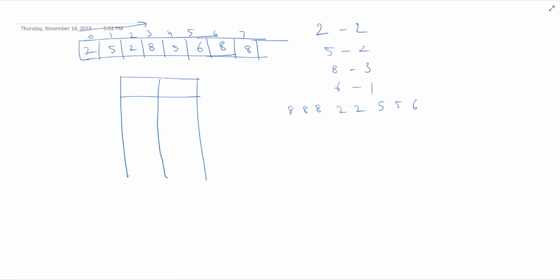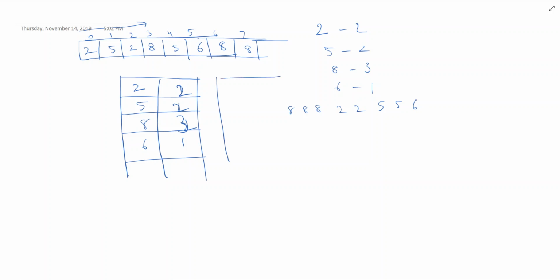So very first time we have seen 2 and the occurrence is 1, and then 5, it's a first time occurrence, so 1, and then 2 is already there, so the occurrence will be 2, and then 8 occurrence is 1, and then 5, this will be 2, and then 6, this is 1, and then 8, this will become 2, and 8, this will become 3. So this way we can keep track of the number of occurrences of the elements and then sort this dictionary